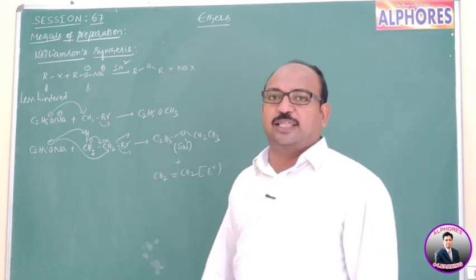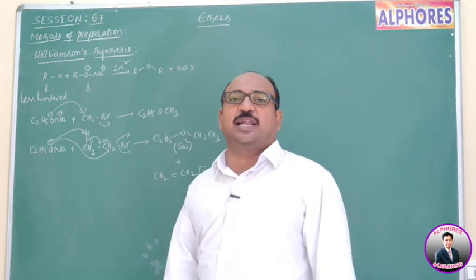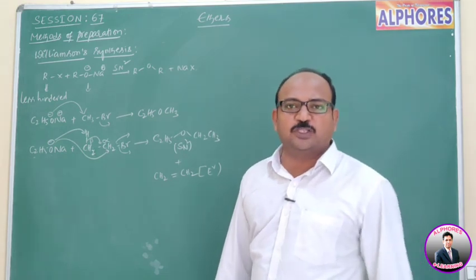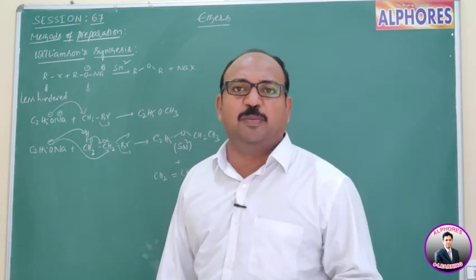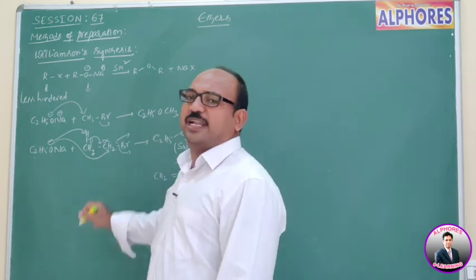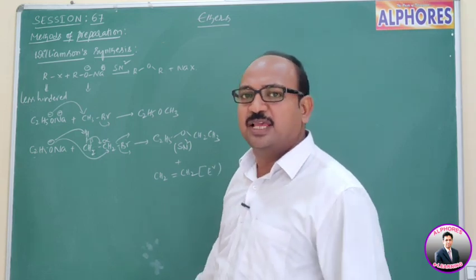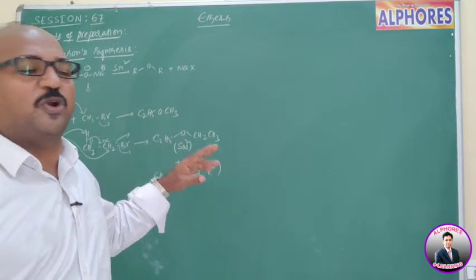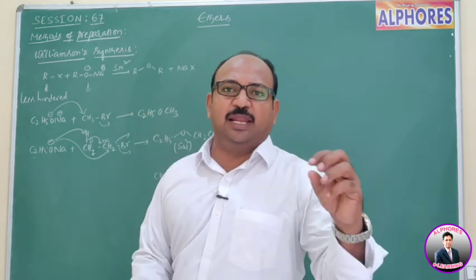And this one is the SN2 product. That means here there are two types of product formation: one is the SN2 product, another is the E2 product. So the SN2 product is possible if the alkyl halide is less hindered. In other words, the SN2 product will be major if the alkyl halide is less hindered. If the hindrance of the alkyl halide increases, then the SN2 product percentage decreases. Simultaneously, the elimination product percentage increases.